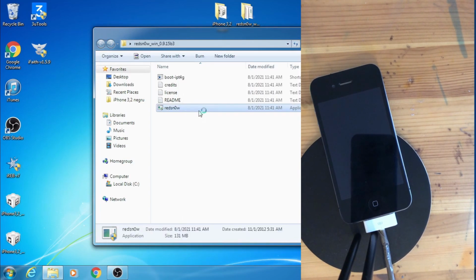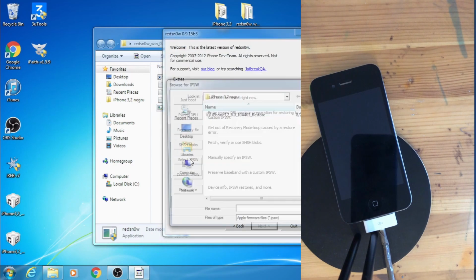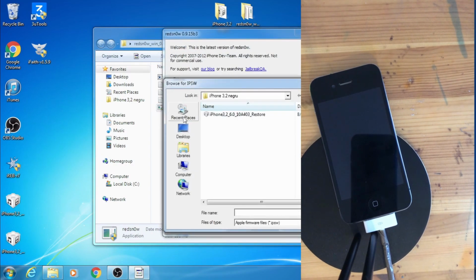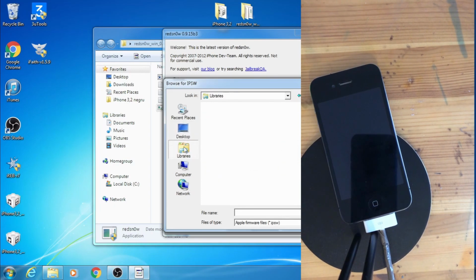Now you can run Redsn0w and click on extras, select the IPSW you just downloaded, not the Geek Grade, the original Apple IPSW. Wait, let me find 6.0, okay, not 6.1.3.